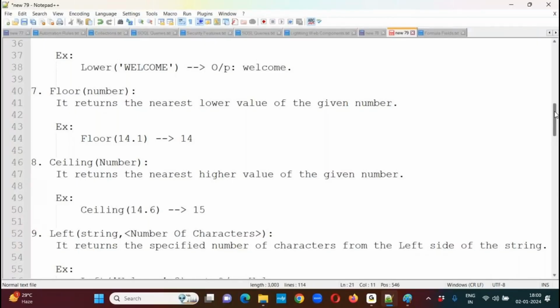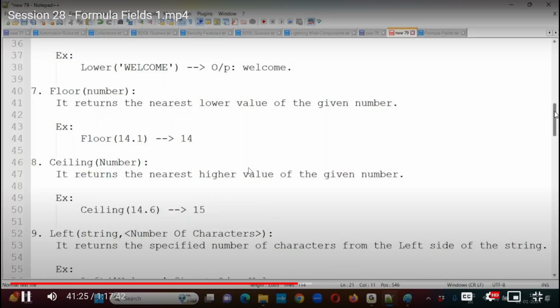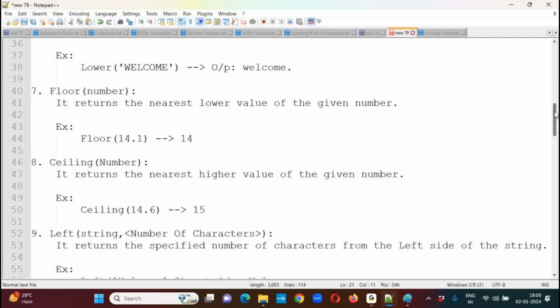Suppose, for example, assume that I'm having the age of 30 years, 2 months. If anybody asks you what is your age, we say 30 years. That means we are rounding down the value to the previous number. Similarly, depending upon the requirement, if you want to round up the value to the next number, we use ceiling function. To round the value to the previous number, we use the help of floor function. Okay. Now,